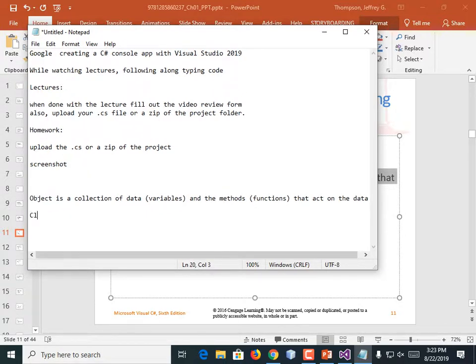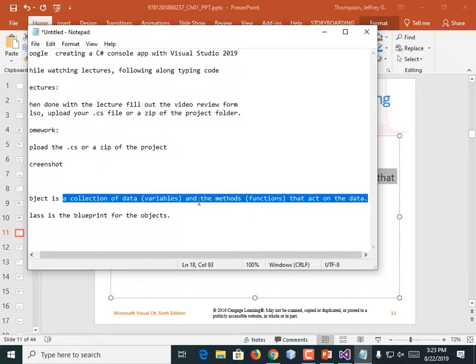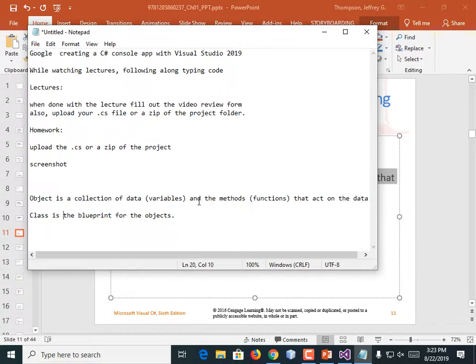And then the class is the blueprint for the objects. So instead, I'm going to rewrite this to say that a class is the blueprint for a collection. There we go.